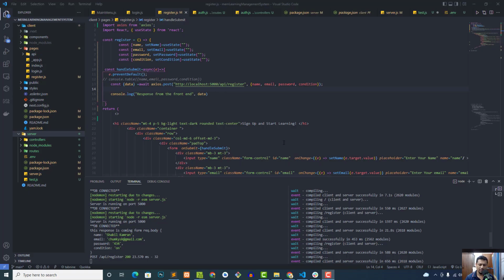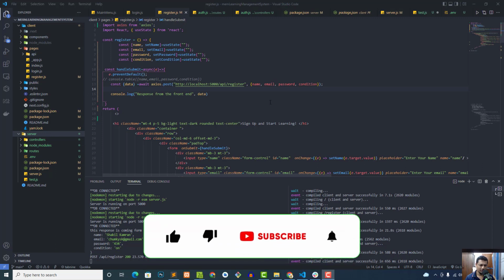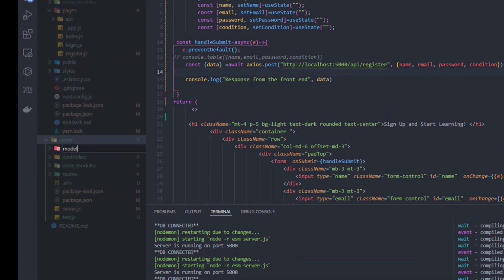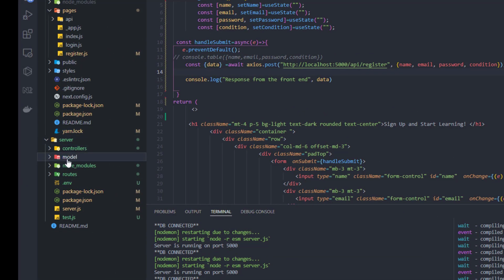So Shakil, once again, now it's time to create the user model and save the data in the database, as we are getting the data in the backend. Okay, so create the user model. What we need to do, in the server folder we need to create a folder and name it model, and give it a name